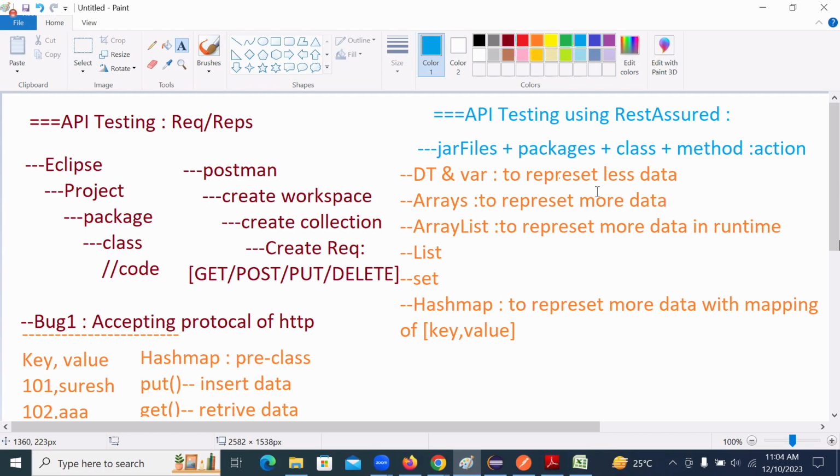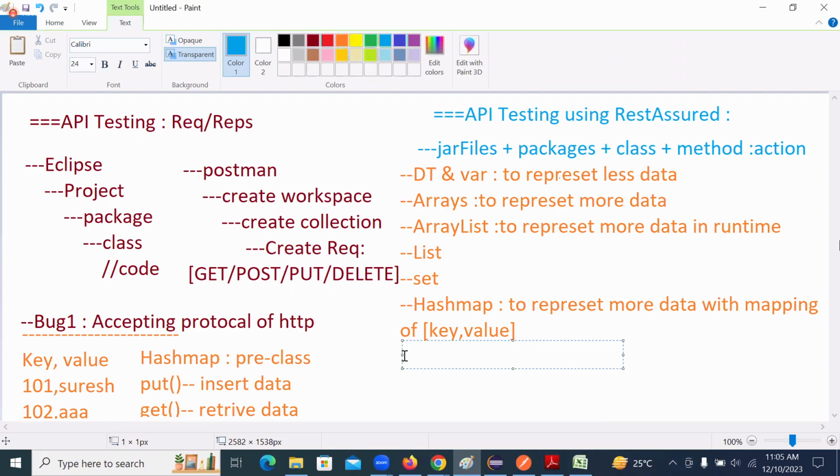Because of that, the Rest Assured people were not able to go with the same name. The concept is required, but they can't use the same name. That is the reason the Rest Assured people came up with a different predefined class name,